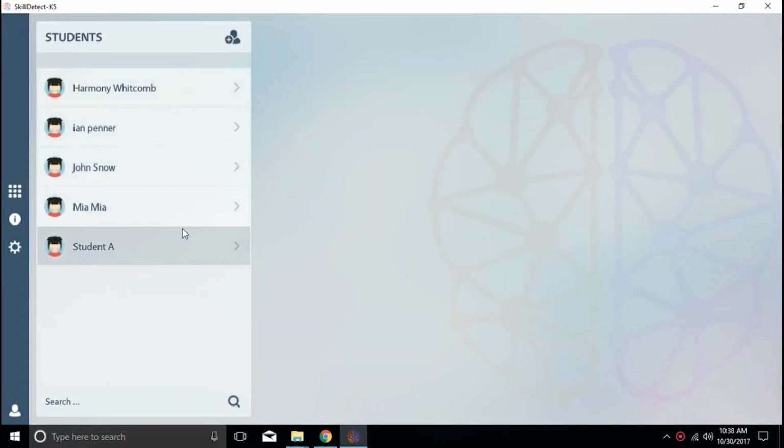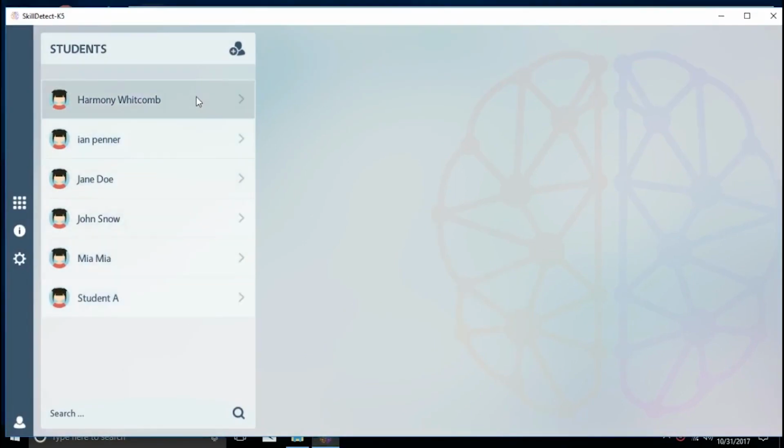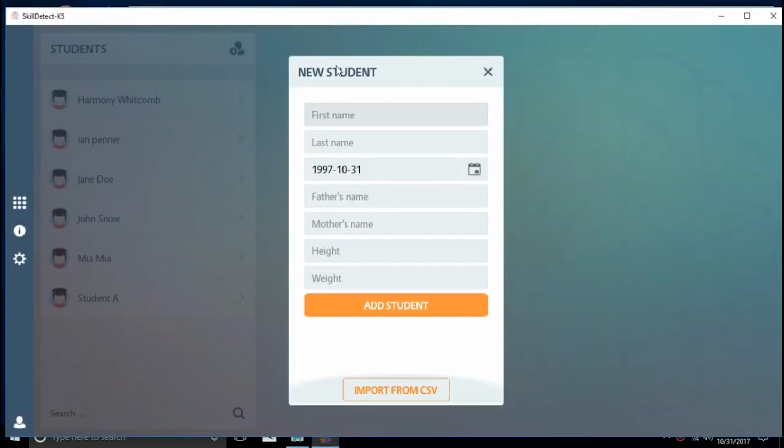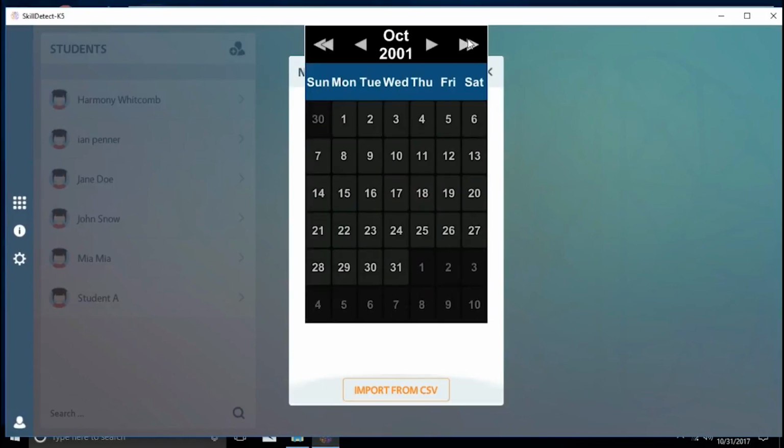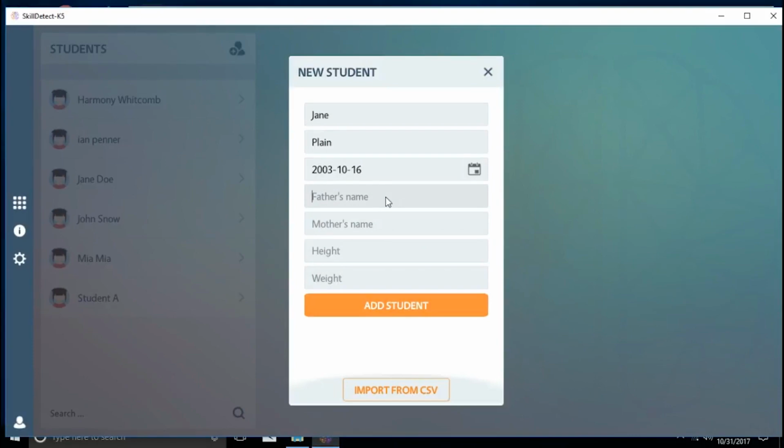Now, I can also add a student. I can put down her name, Jane. I can also put down her date of birth, her parents' names, and her height and weight currently in the metric system. If I want to, I can also import from a CSV file, or comma separated value, an